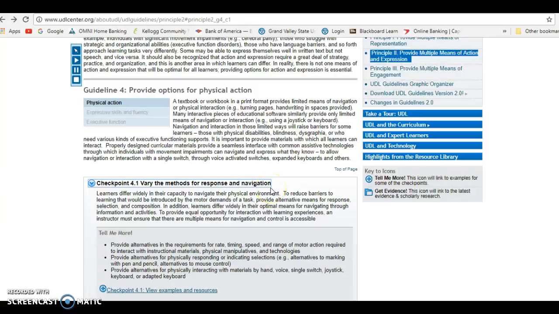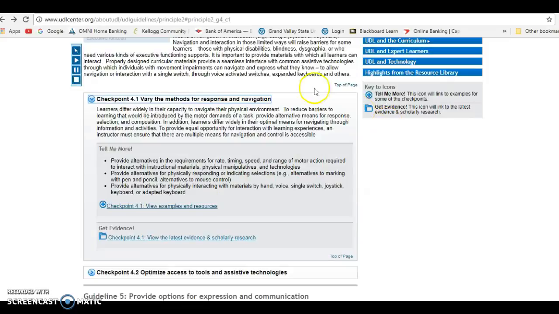Okay, for my UDL principles, I have decided to go with guideline 4 in the physical action category, which has 4.1 and 4.2. 4.1 is varying the methods for response and navigation. A synopsis of that: how would a student, especially in a PE class, interact with their environment, and what kind of modifications will be adjusted within the PE environment? And for 4.2,